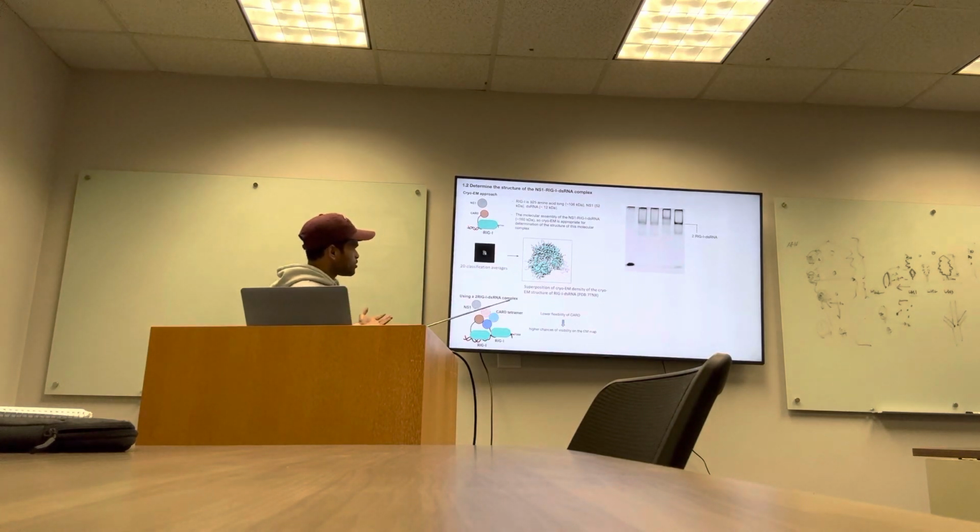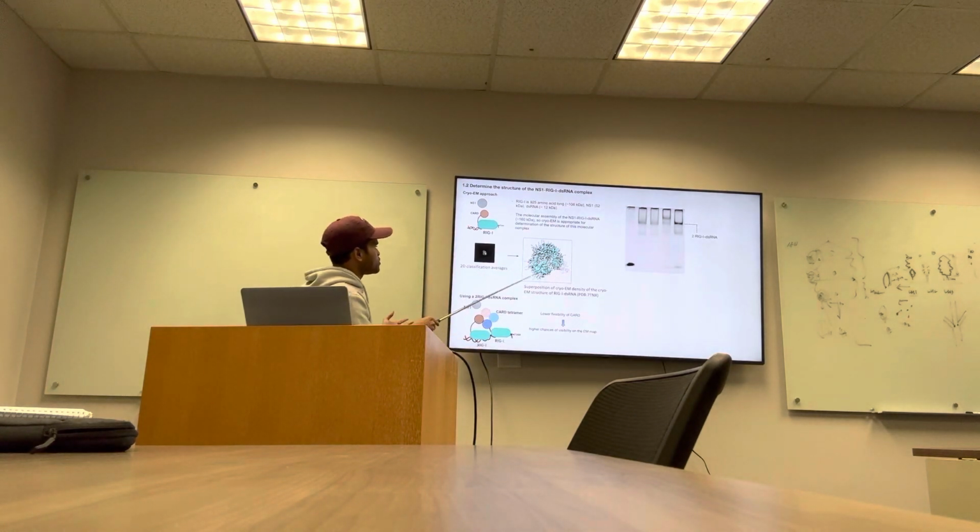And we have already, using cryo-EM, determined the structure of RIGA bound to double-stranded RNA. This image on the left is the 2D classification averages, and this is the cryo map in gray of RIGA bound to double-stranded RNA, superposed with the existing structure of RIGA. As you see, the structure matches really well, but what we observe is that the structure is basically the helicase and C-terminal domain of RIGA bound to double-stranded RNA. We do not observe the CARD domains, which are exposed to the solvent. This is because the CARD domains are flexible.